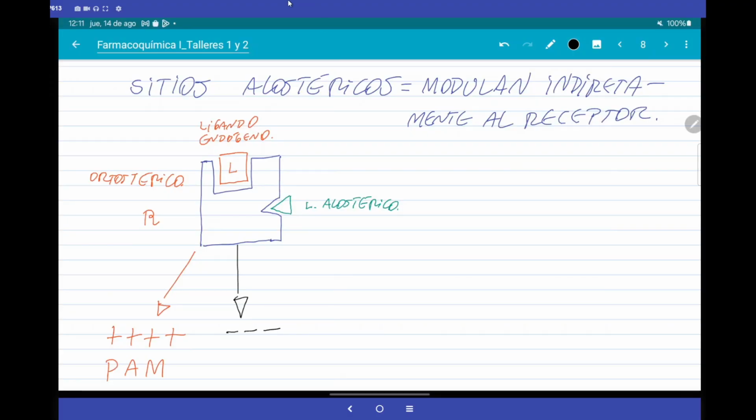When the allosteric ligand joins, it slows down or blocks the effect of the endogenous ligand. Despite the fact that it joins, it generates a conformational change such that now the signal is reduced, and that would be a negative allosteric modulator. There is its acronym in English: NAM, negative allosteric modulator. There are two alternatives, and you will say, and that serves for the design of pharmaceuticals.